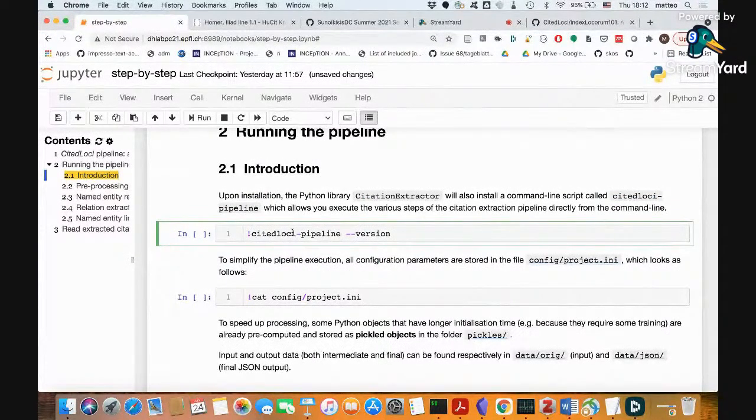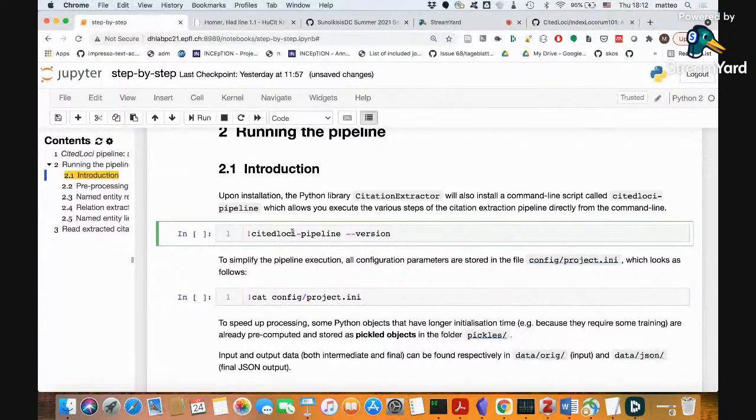What you can do is use Jupyter also to execute Bash scripts. So you can have a print statement, which is Python code, but if you prefix your cell content with an exclamation mark, then it's going to execute a command from the shell. So it's equivalent to opening the terminal and typing cited Loci pipeline --version.